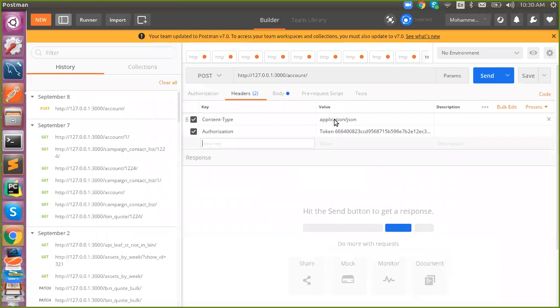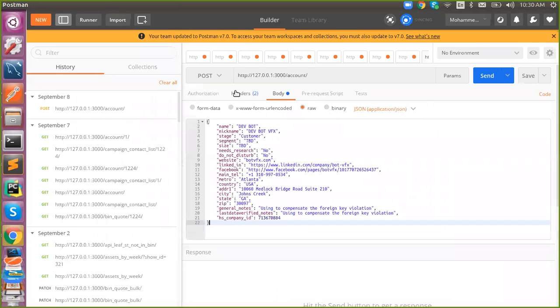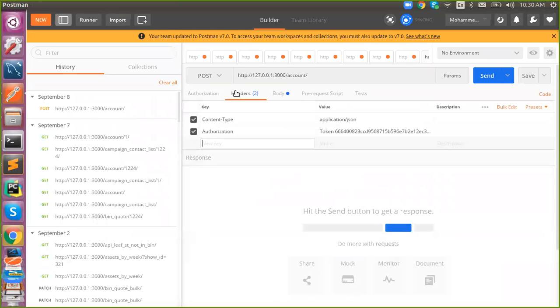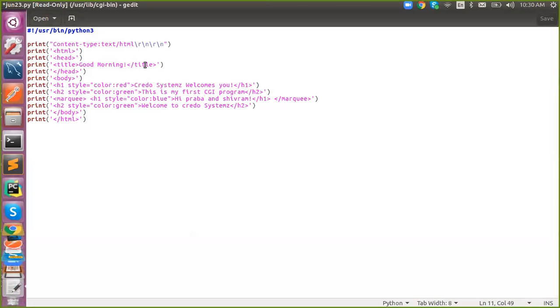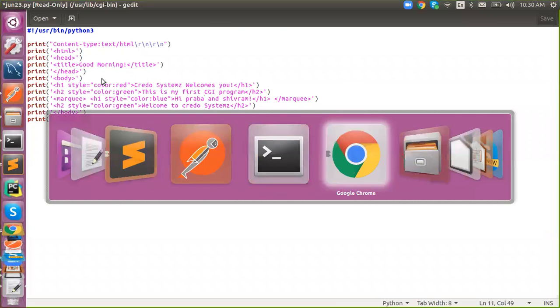Here I'm saying application/json, that is the content type, because I'm passing a JSON structure. It depends upon which data type you are passing. If I'm passing HTML, I need to say the content type is HTML. Based on that header only, the browser will understand that this data belongs to this category. You need to tell them this belongs to this type. Otherwise, it will be considered a string, so it will print as it is.